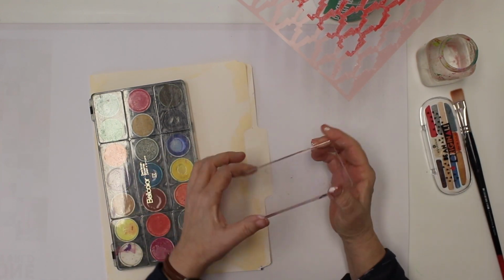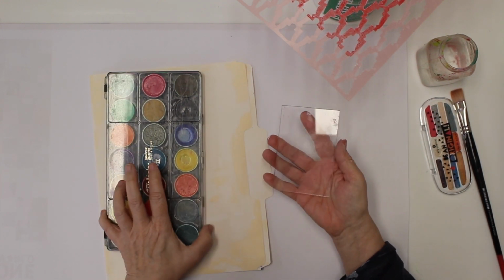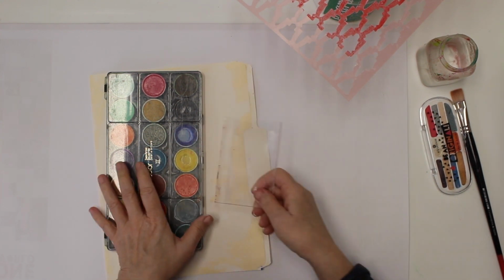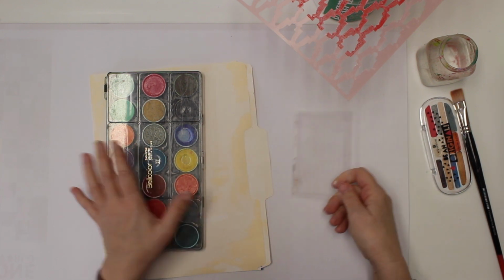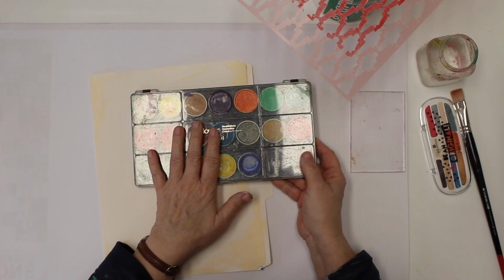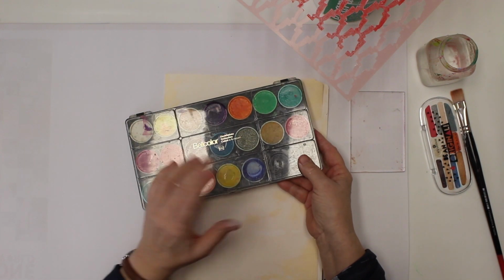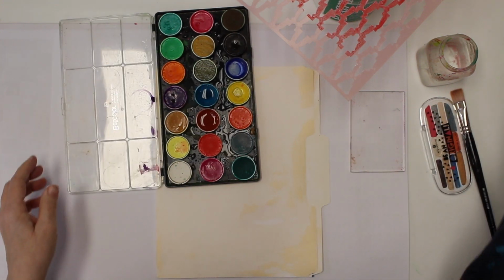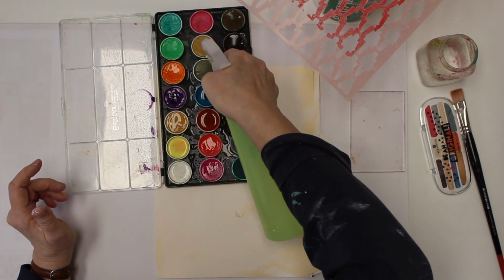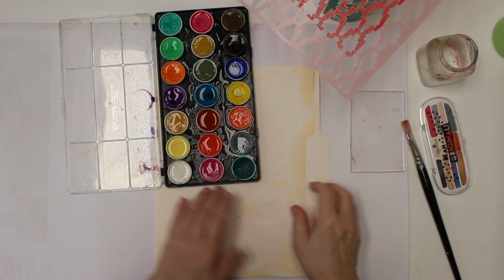You're gonna need a piece of plexiglass, maybe from the stamping, as a stamp. Maybe you have just plexiglass laying around, having cut off pieces from another project, who knows. And I'm also gonna use gouache colors, very inexpensive, from the children's section, so nothing fancy. First thing we're gonna do is spray that heavily with water. You're gonna need a brush, of course, and your